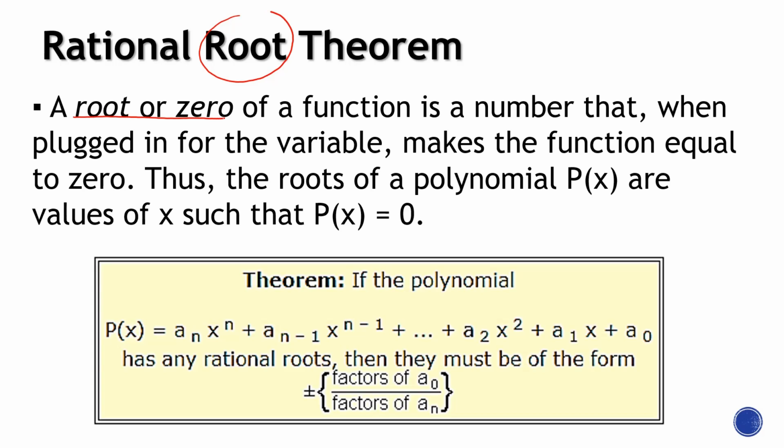When we say root or zero of a function, it is a number that when plugged in for the variable makes the function equal to zero. Thus, the roots of a polynomial p of x are values of x such that p of x is equal